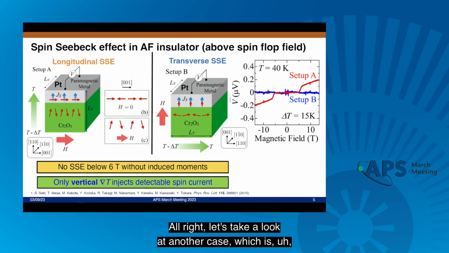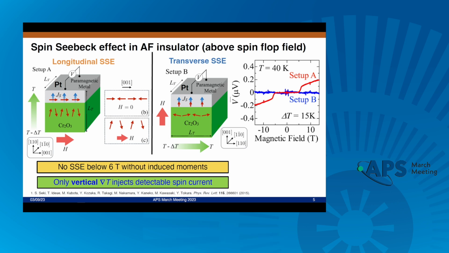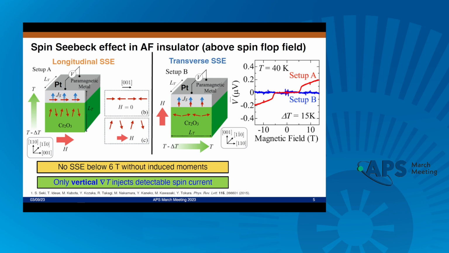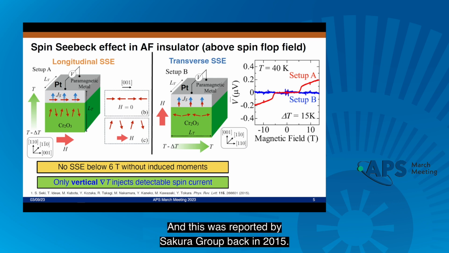All right, let's take a look at another case, which is the spin Seebeck effect in an antiferromagnetic insulator. Here we have chromium oxide with a platinum overlayer, and this was reported by the Takahashi group back in 2015. They use a chromium oxide single crystal that they grew with floating zone, and they apply the magnetic field along the c-axis direction. In this direction, the moments are antiferromagnetically paired to each